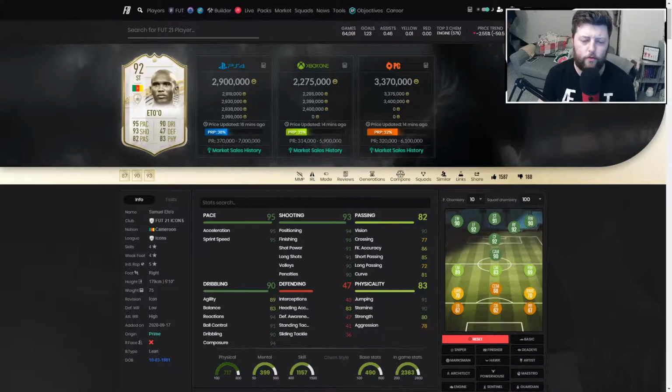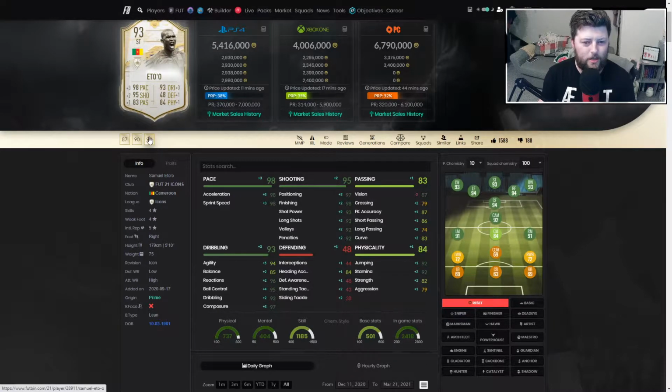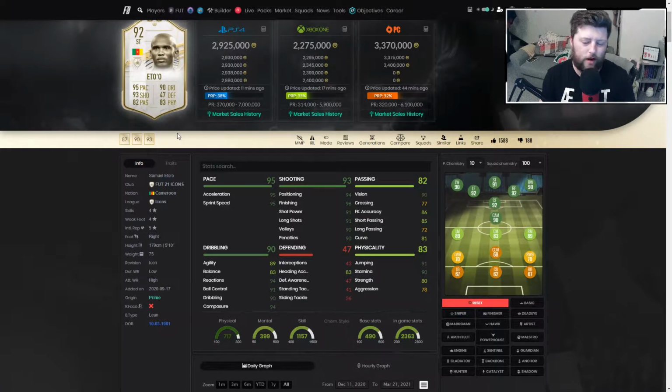So going into the overall for Eto, honestly, fantastic card, very quick, got a lovely shot on him. Honestly, is he worth 2.2? I'd probably say so. Whether you'd want to make that jump up from the 2.2 mil prime to the 4 mil moments, obviously the moments is going to drop. You've got a +3 on the dribbling, pace, and +2 on the shooting. Whether I think that's worth an extra, say, 2 million coins upgrade